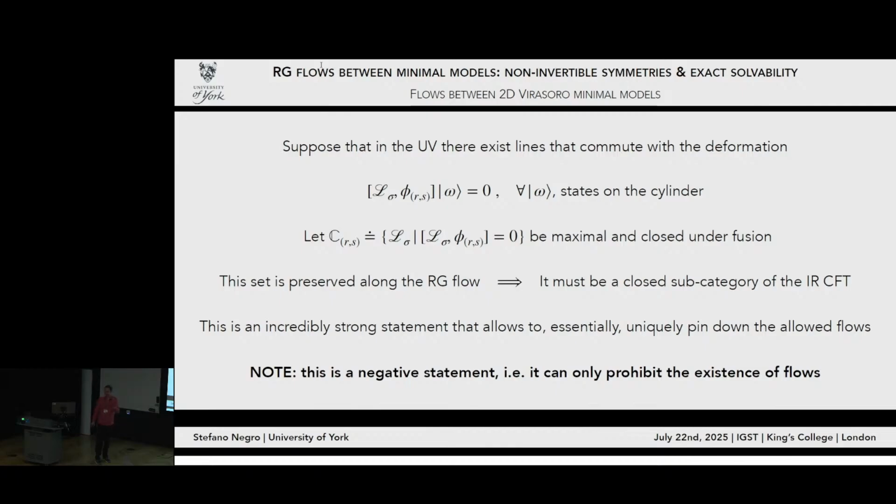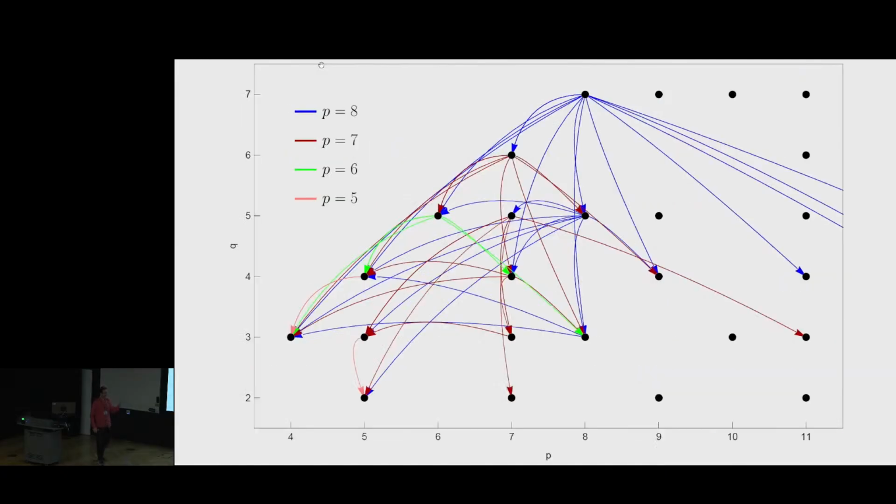The flow may exist. Now, you can say, okay, if a flow is allowed to exist and it doesn't exist, then you should give me some reason why it doesn't, right? There should be some reason why a flow that might exist doesn't. But still, I cannot claim that the flows that I am showing you actually exist. I'm just claiming that they might exist.